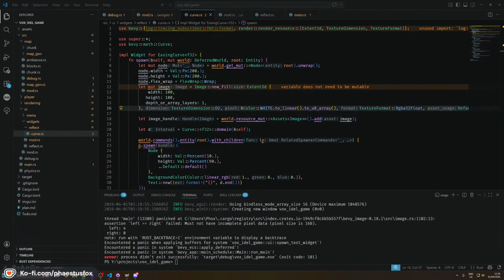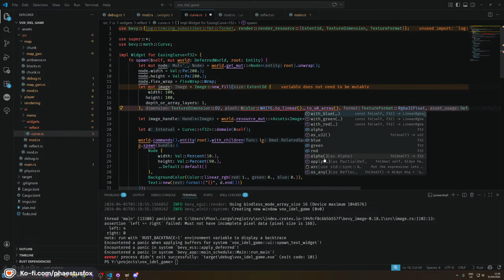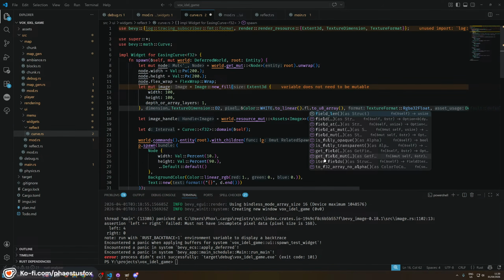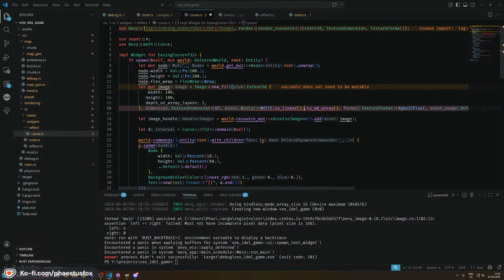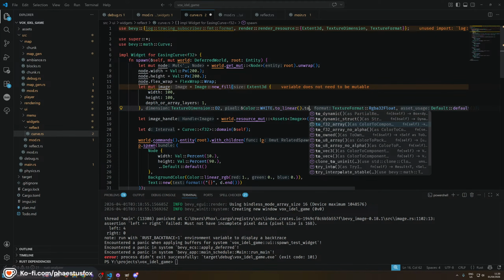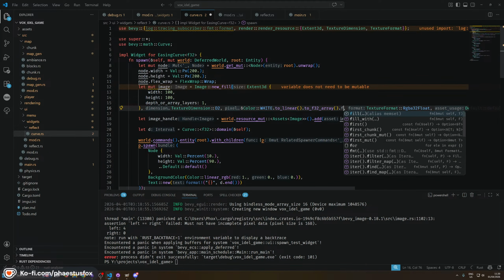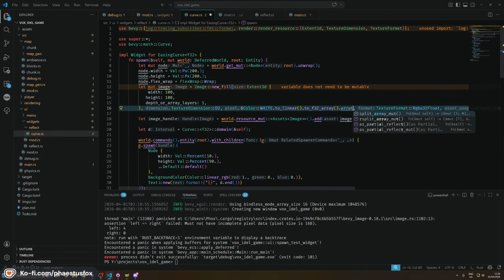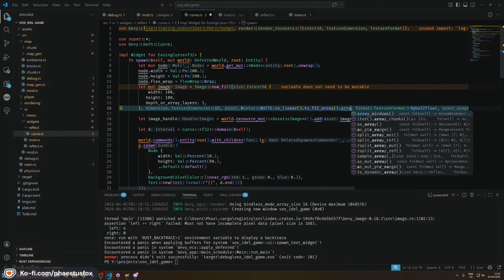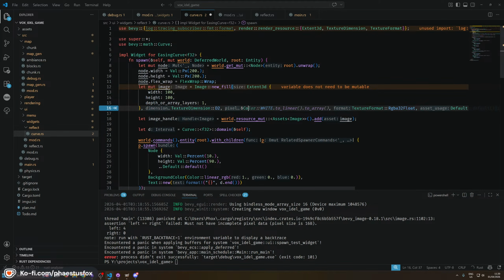Oops. Just hit F11 on the wrong window. It didn't like that either. So you're saying, okay, to array, to U8 array, okay, to F32 array, to array. Nope. Okay. Fine. So we would go something like this and go 1